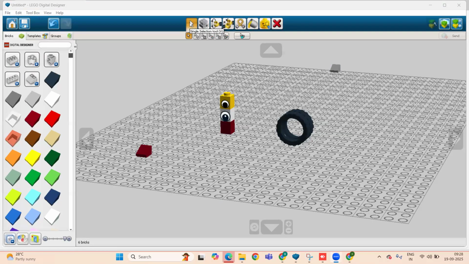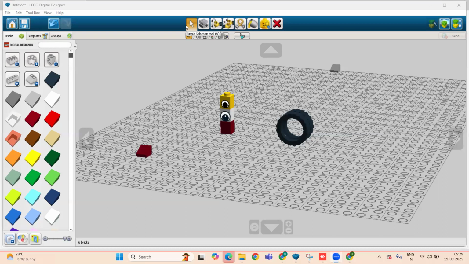Even within the select tool we have multiple selections, but today we are going to cover only this part because the others are quite different and lengthy. The select tool, which is also known as the arrow icon, is this one arrow.